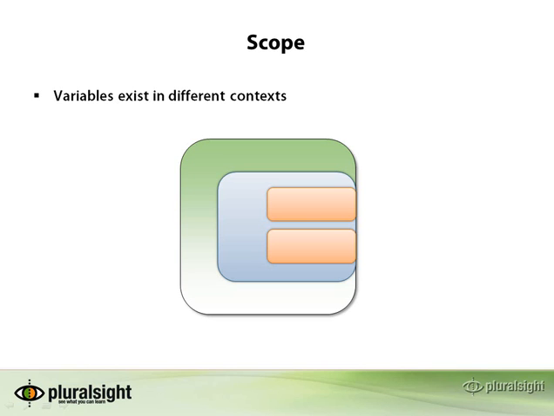Since you see that in this diagram, I'm showing that a class has a method which has statements or blocks, and the variables from the class exist all the way down that chain. But if you declared a variable inside of a block, inside of a method, it doesn't exist outside of that. So that's the whole concept of scope, and we'll look at some examples